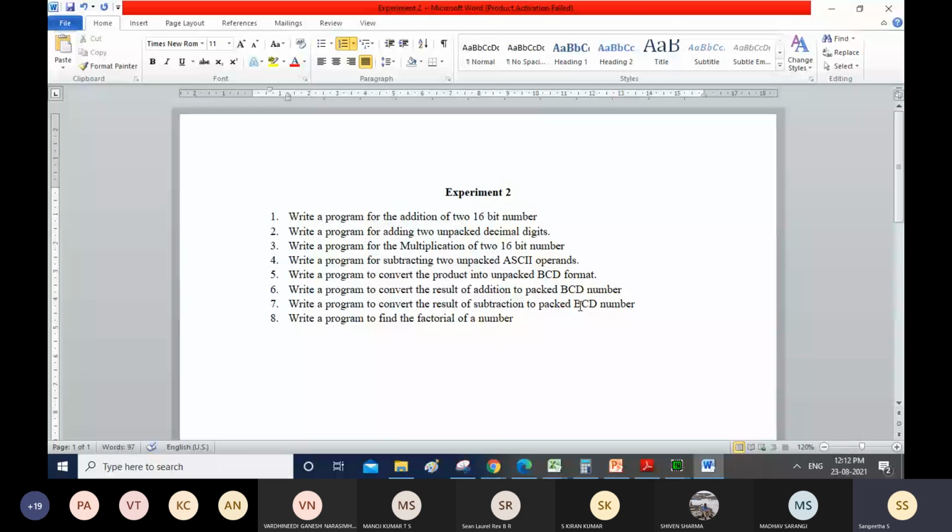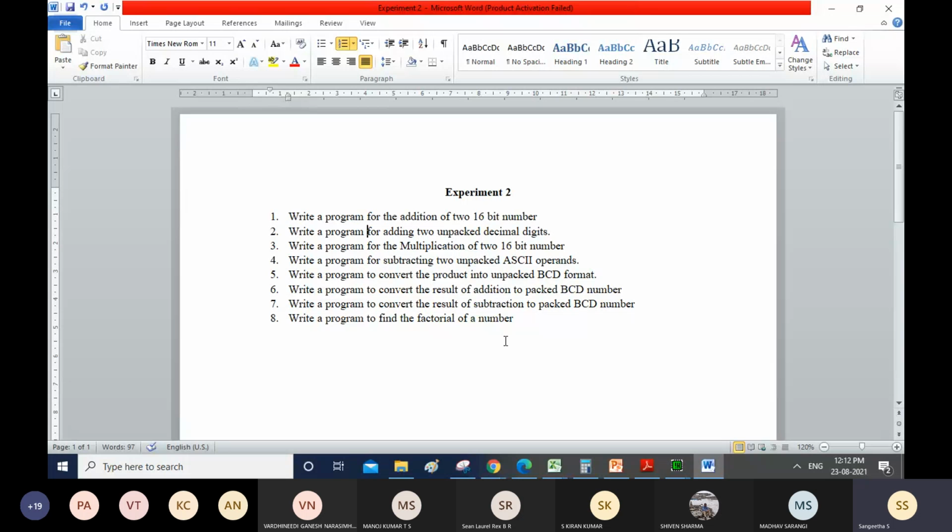For that you go for decimal adjust accumulator, DAA, for addition. If it is for subtraction, then you go for DAS, decimal adjust after subtraction. So try to complete at least the first 4 experiments.